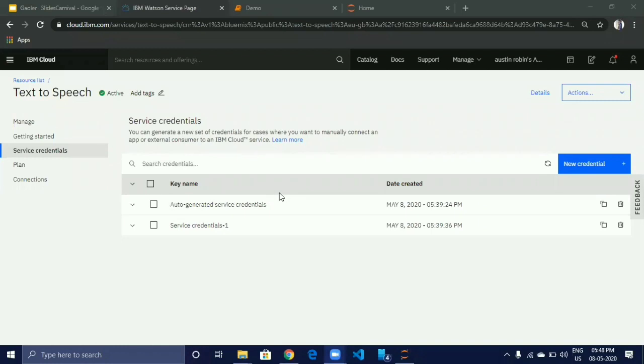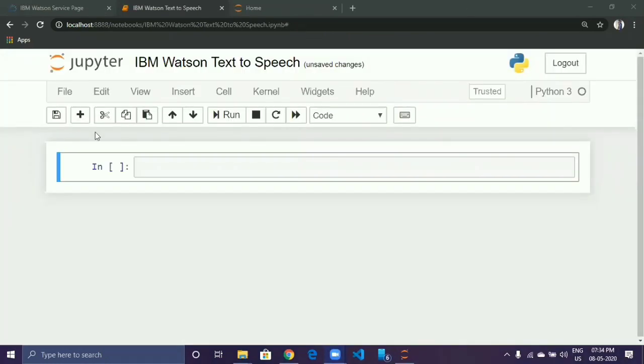Now let's jump into Python. Now we are going to use Jupyter Notebooks. You can go with any Python IDE. To use IBM Watson text to speech service in Python, we need to install two Python modules. That is IBM Watson and IBM Cloud SDK core.